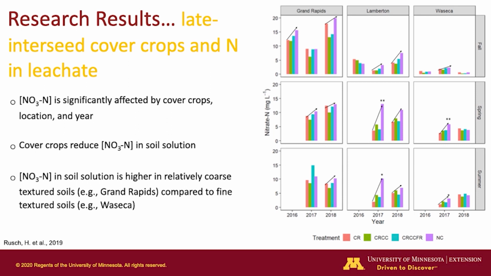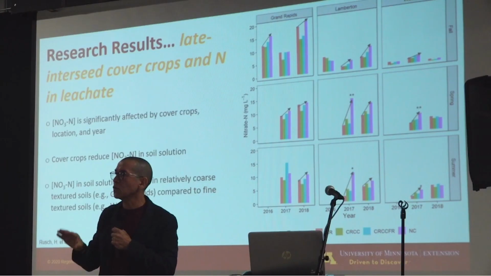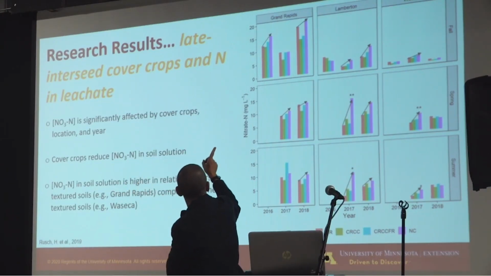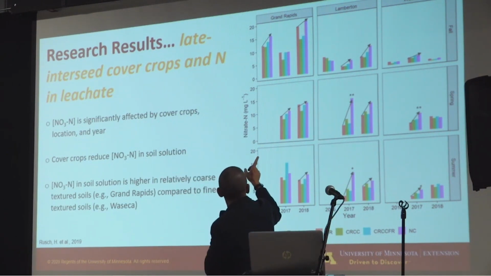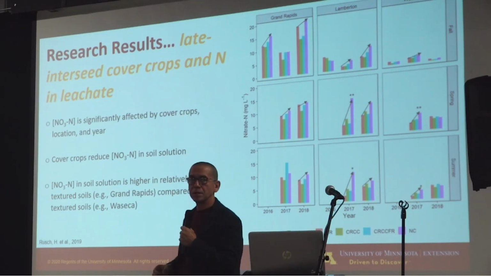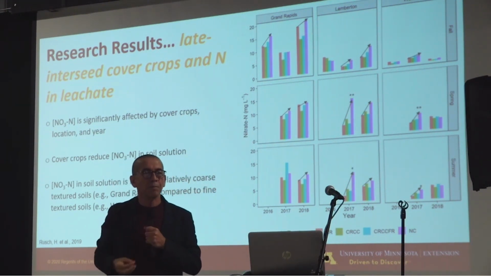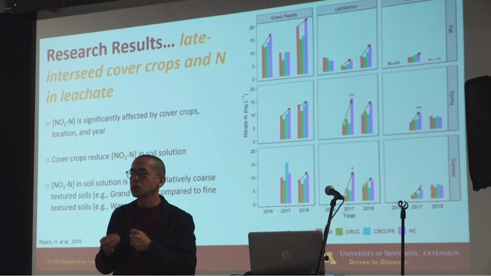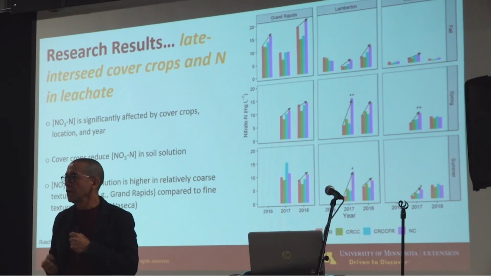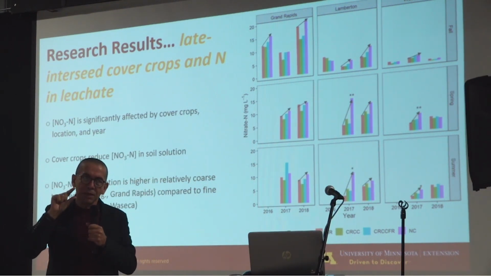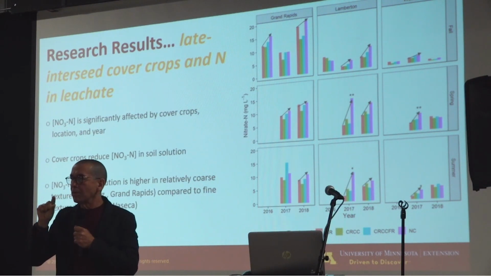Now, few were significantly different, but in most instances, the concentration of nitrate where we didn't have cover crops was higher, and I show you that with those arrows there. The other arrows are different cover crop treatments, which means that cover crop really helps, right? And it makes sense, because even if the cover crop just grows a little bit like this, that cover crop